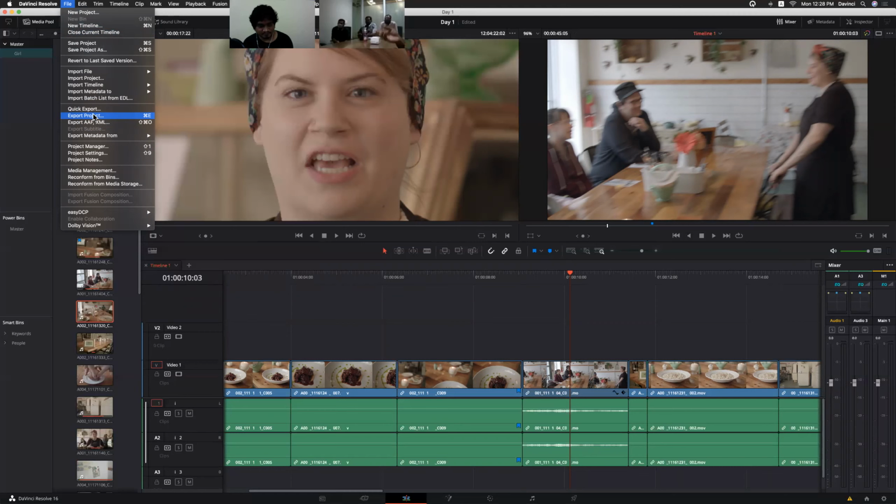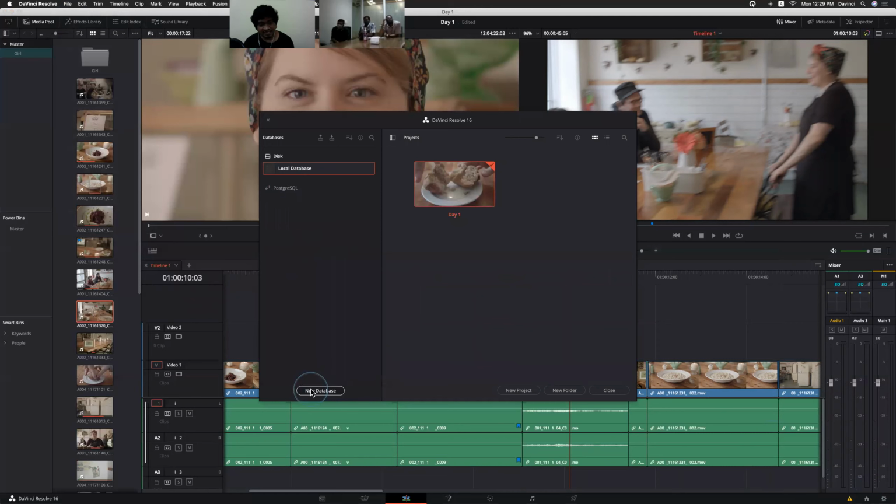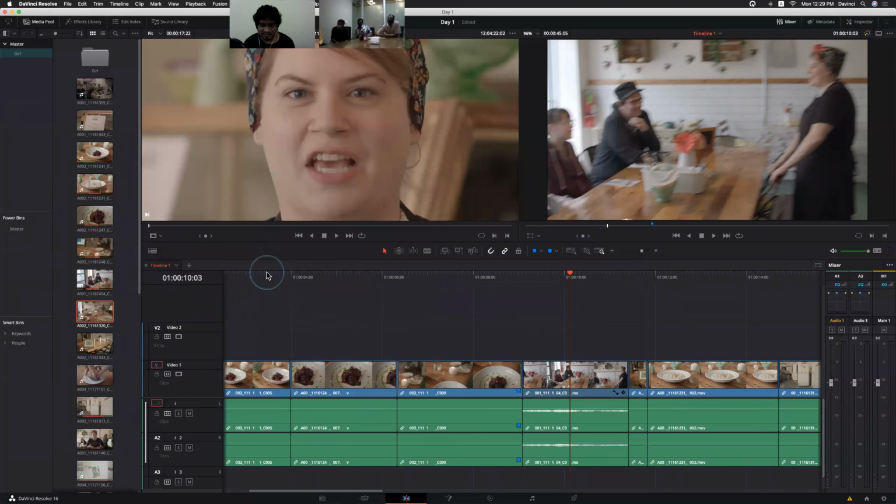Now, without exporting, can I copy that project and open it in my DaVinci? Yeah, that means you need to have a shared database. Here you need to create a new database with shared storage, a shared connection, so that you can access that project without exporting and importing. Anyway, we'll discuss project management and database management in the final sessions. Okay. And right now you are exporting XML and importing it on your machine.